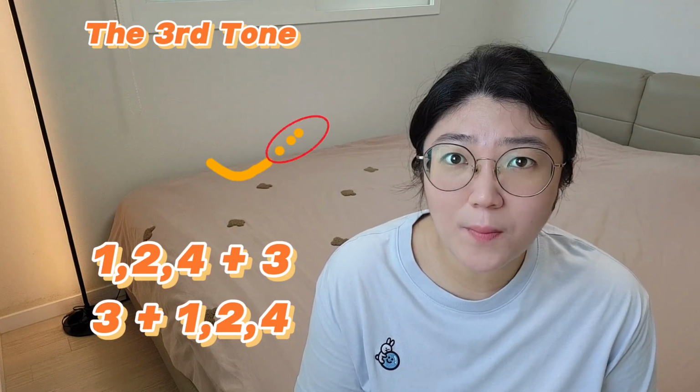When a third tone character is followed by any other tone, it becomes a falling tone with a pitch like this. This means that the latter half of the sound does not rise as it normally does when used alone. For example, the word 机场 means airport is pronounced as 机场 instead of 机场. Did you notice that? The final half of the sound did not rise as it would if the character 长